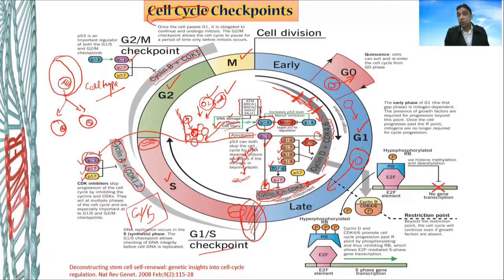It's still able to block the cell division because P53 produces P21, we all know, and P21 can block the cyclins. It can also block the cyclin B and CDK and stop the cells from staying in the G2 phase. And then if everything is fine, nothing bad is there, the cell will enter into the very famous M phase. Look at the thing, it's a very small part of the whole cell cycle.